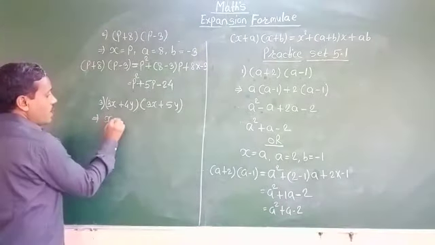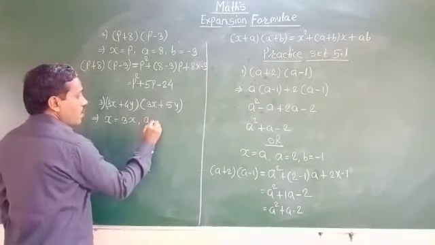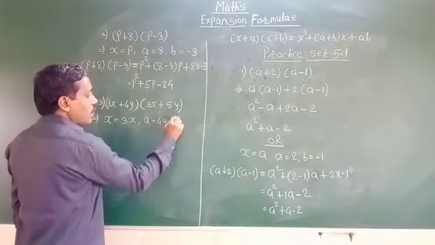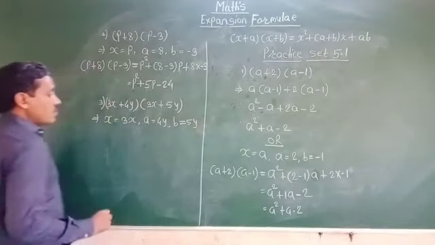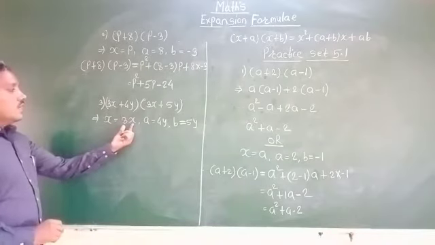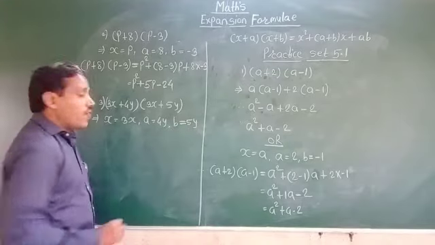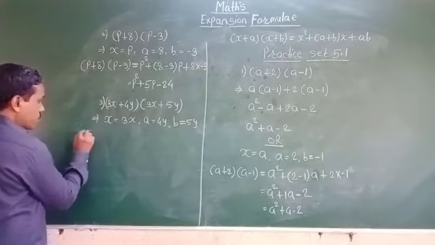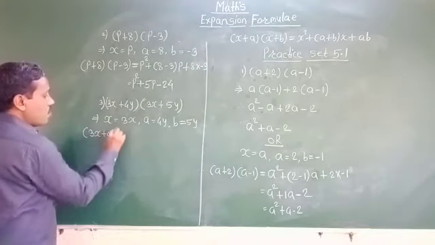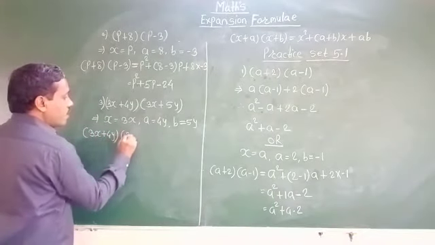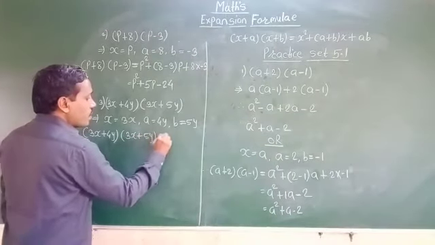The value of x is 3x, the value of a is 4y and the value of b is 5y. So the expansion is (3x + 4y)(3x + 5y) is equal to